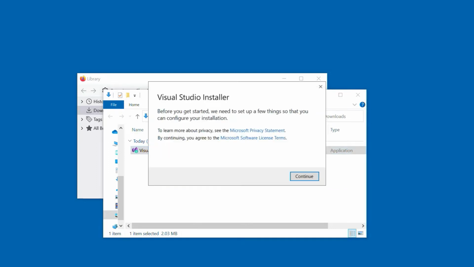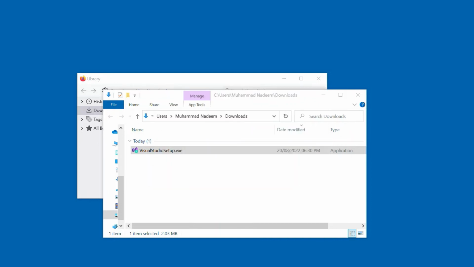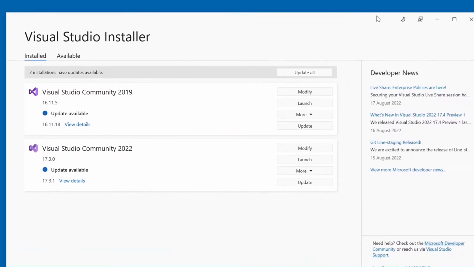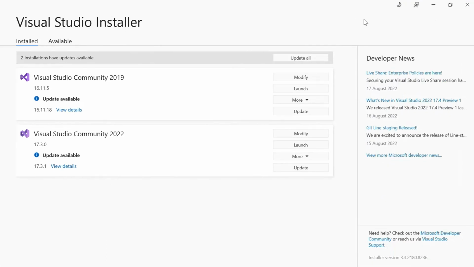Visual Studio Installer is ready to install. Before you get started, we need to set up a few things so that you can configure your installation. So let's start. It will take you to this screen. This is the screen from where we can install